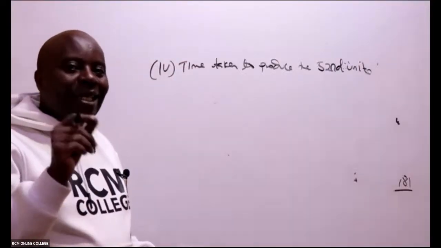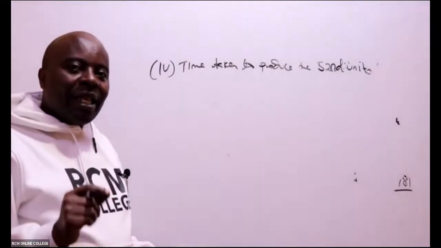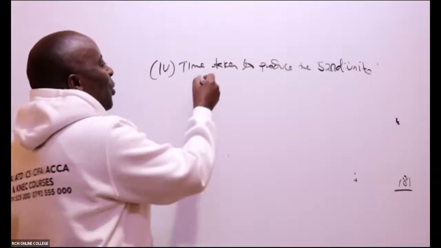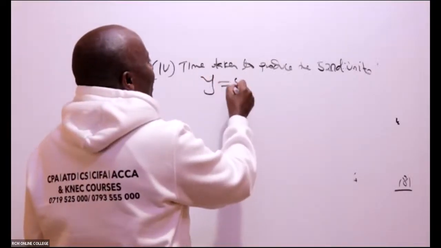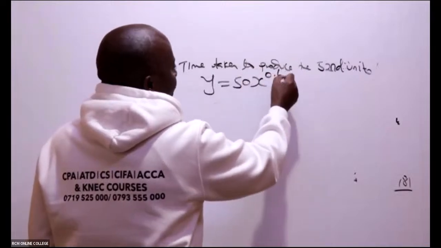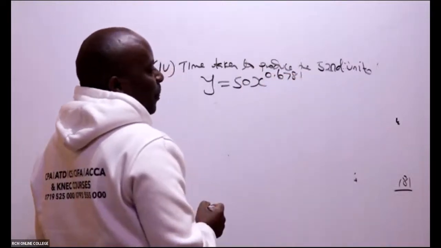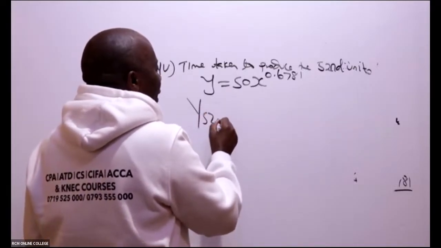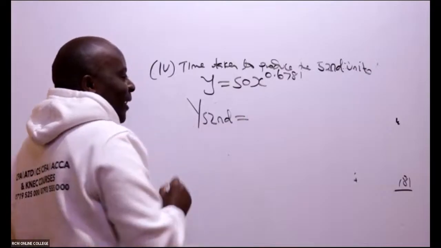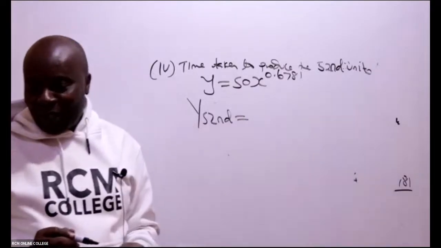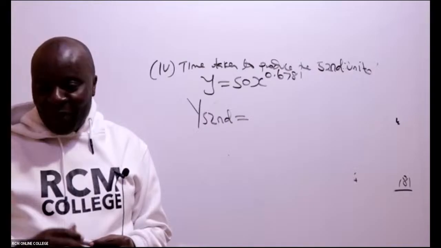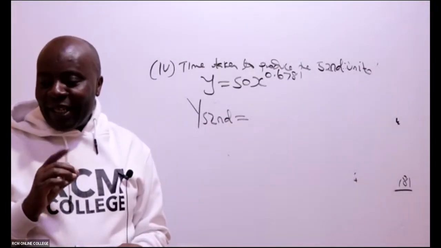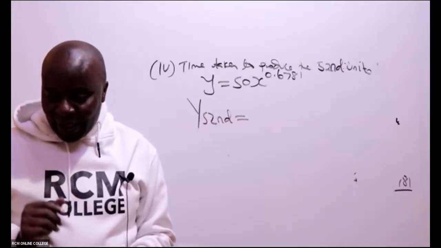It is not x being 52. They are very specific for a particular unit. So remember, we know that our y is 50x raised to 0.6781, right? But you see, they want y 52nd. Can somebody help us expand this? This needs expansion. Because if you say x is 52, then we'll be accounting for all the units up to 52. Thank you so much, Aggie.